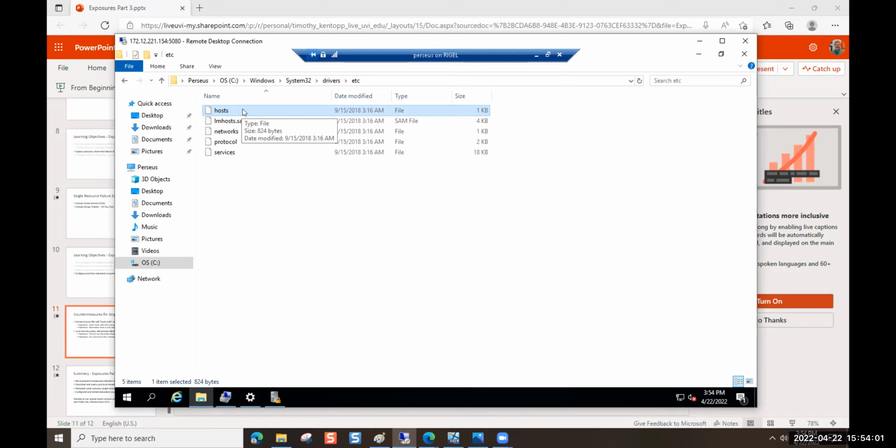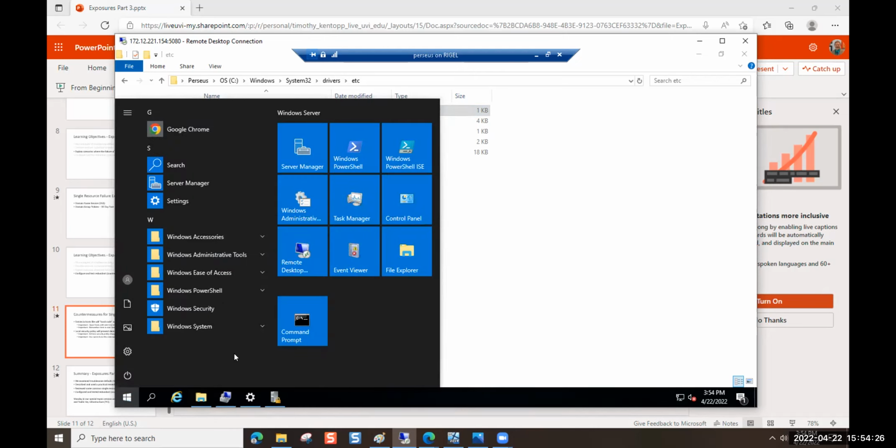The trick is that this hosts file has been around an awful long time. It's a holdover from the days where we were trying to make Windows compatible with Linux and Unix systems, something called POSIX. In any case, the hosts file helps define how networking operates on a very low level. The trick is you can't just edit it with anything. You have to start with Notepad